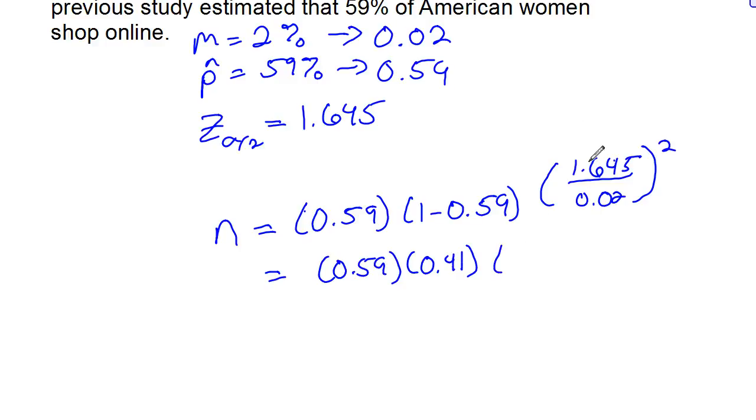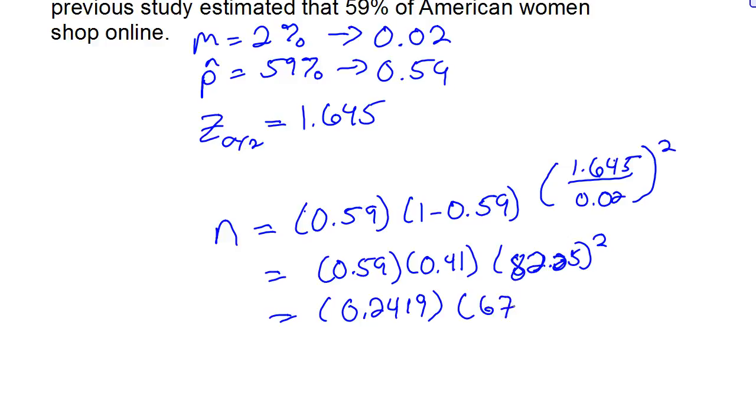I'm going to divide these two, which will give me 82.25. I'll multiply these two, which will give me 0.2419. And I'll square the 82.25, which will give me